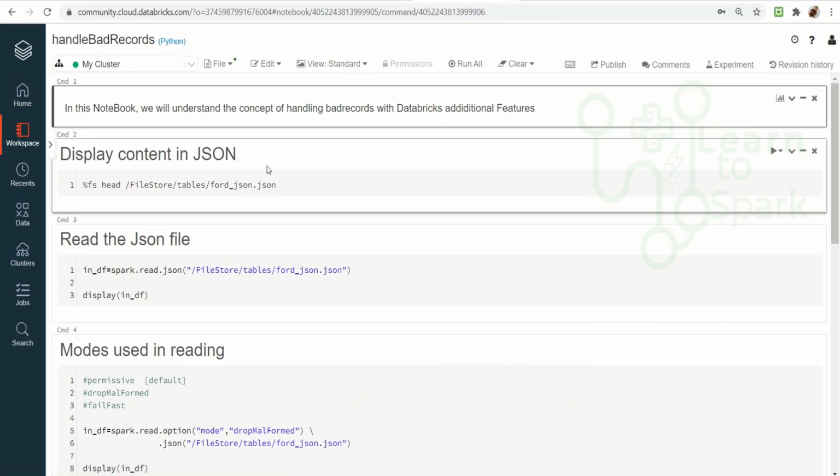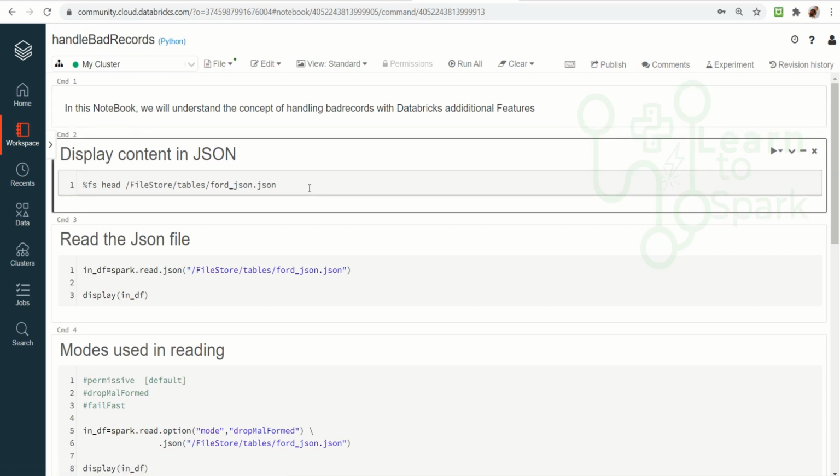I have logged into my Databricks Community Edition and also started the cluster for us to run this example. And also I have uploaded the JSON file that I showed you just now. And if you have any doubts on how to import or how to export the data into Databricks Community Edition, we have already made a video for that. I will give that in an iCard. You can have a look into it. That being said, let us move on to today's problem.